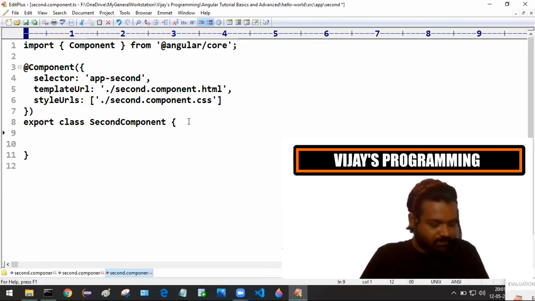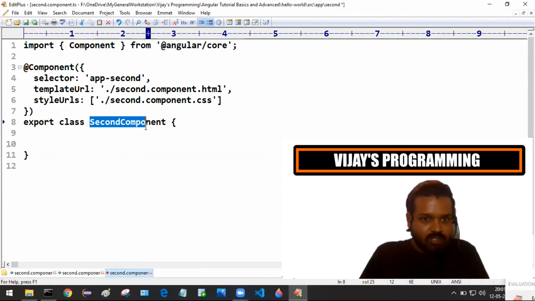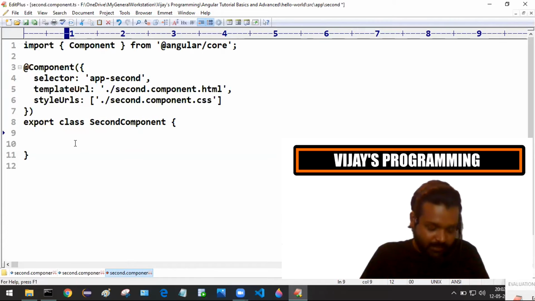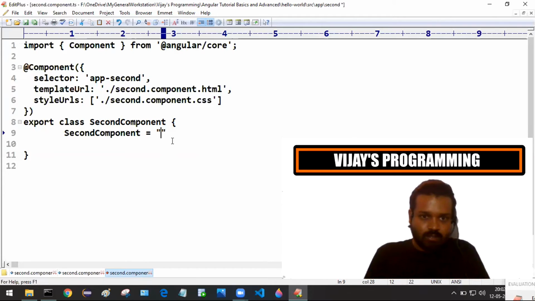Now I'm just writing some code. I'm just using this name as the identifier. Okay, secondComponent is equal to, within double quotes, I'll be typing some message: "Hi, I'm from second component".